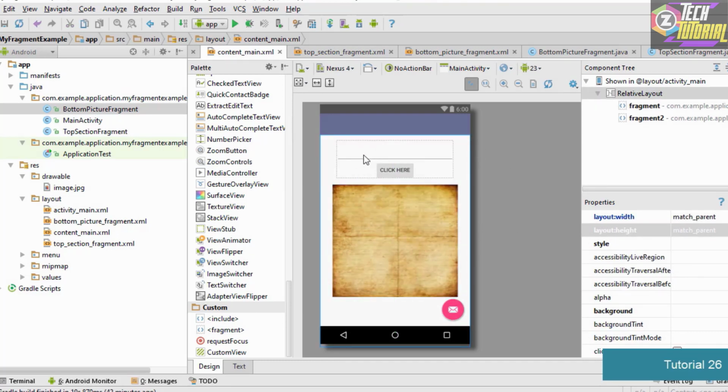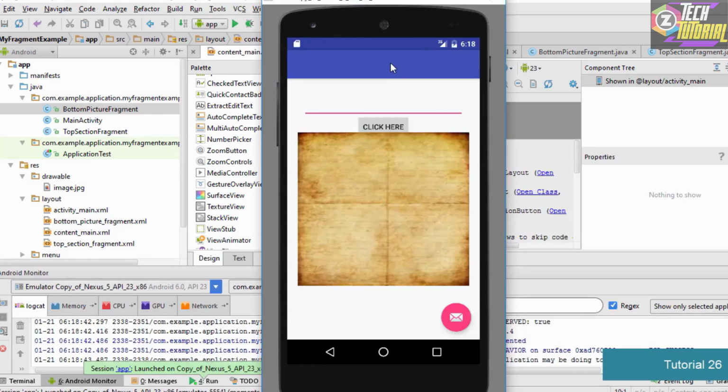So this is the top section fragment which we have created right over here, and this right here is the bottom section fragment. Basically what we have done is that we have designed the two fragments separately, and then we have added them into the single activity screen. Now in order to check if we have successfully created the application correctly, we simply launch it onto the emulator. As you can see, our application has been successfully launched onto the emulator, and I think we should have made the height of this second fragment a little bit lower.